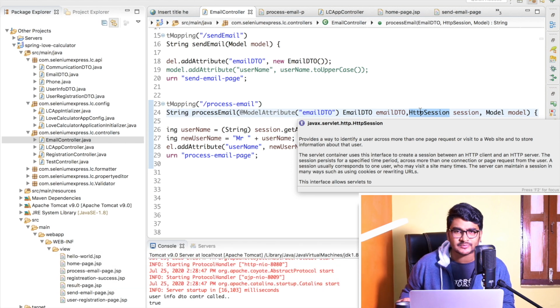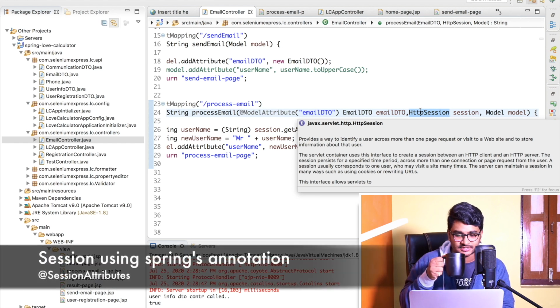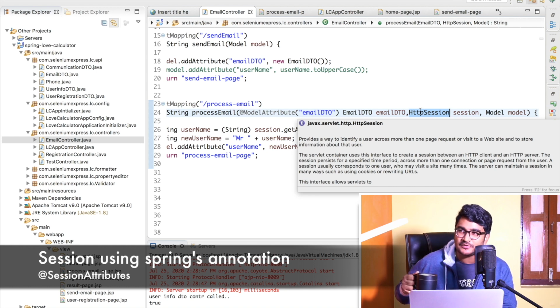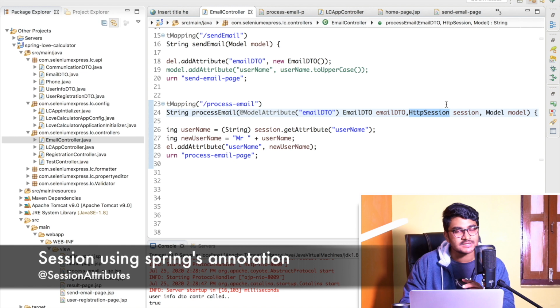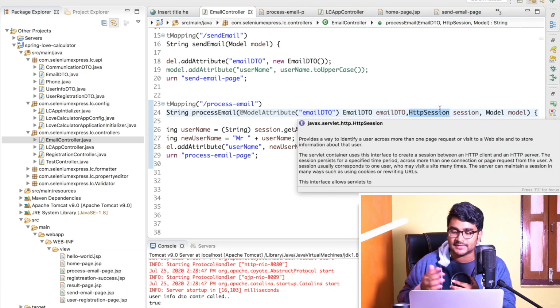So Spring framework provides a better way to handle session, but that particular annotation is not meant for the session. Spring framework still says if you want to use HTTP session, you can use it happily, no problem. But still, there is a very important annotation inside the Spring API called